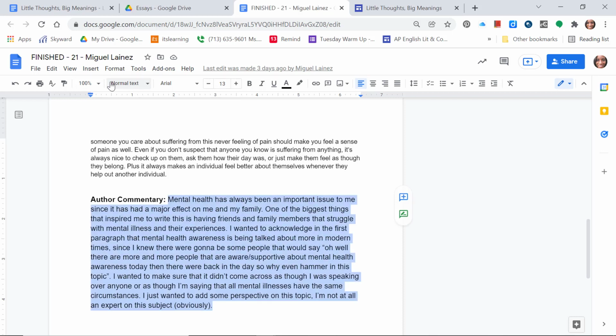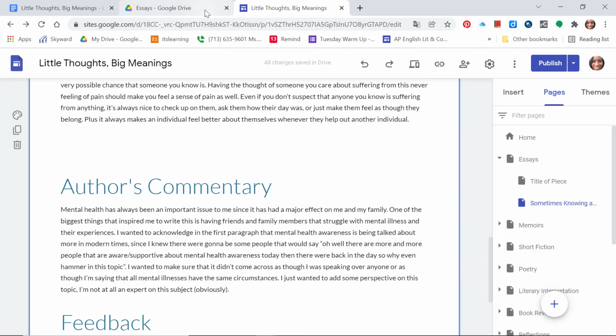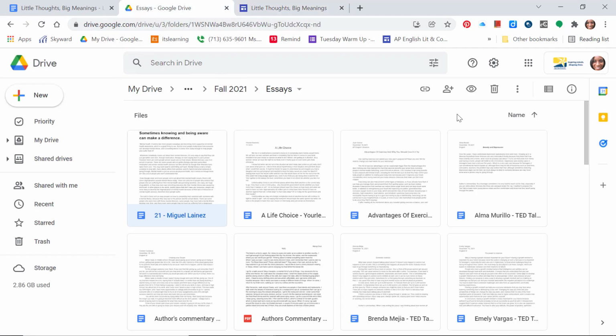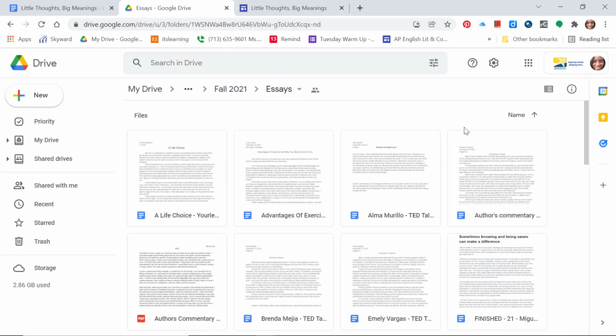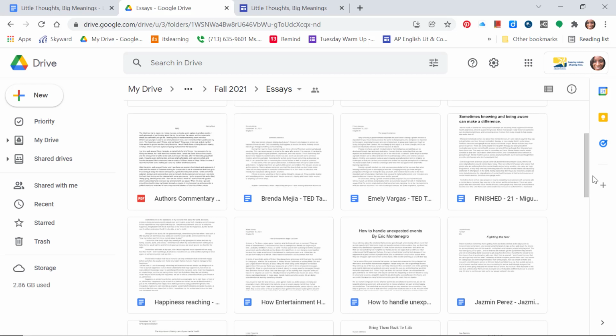And I'm going to set that as the name of the document. So now when I close the document and I go back to the folder, I should see, and I may need to reload the page, but now I should see that the document is still in there, but it has